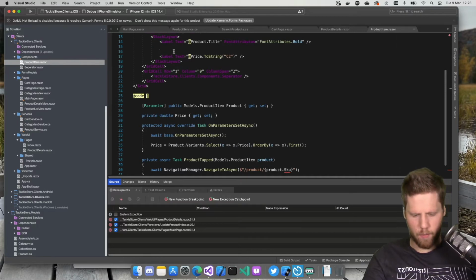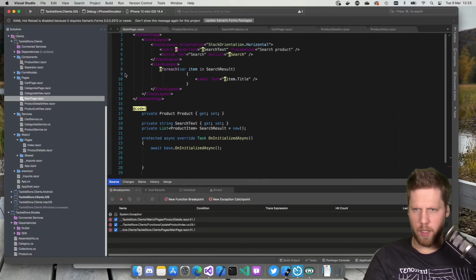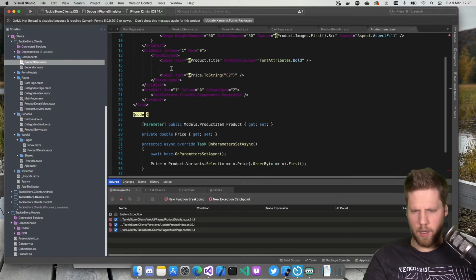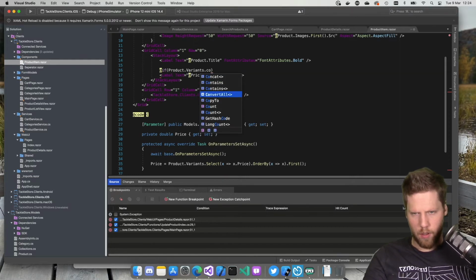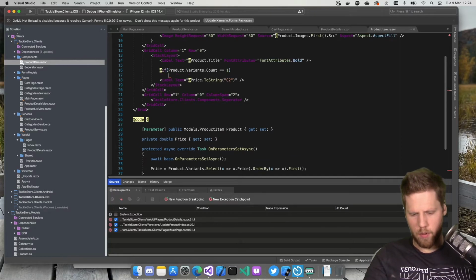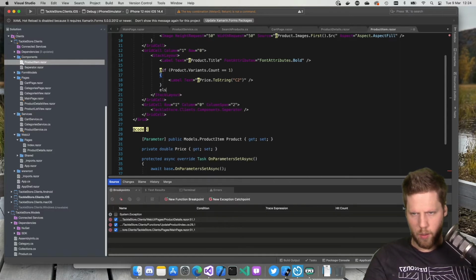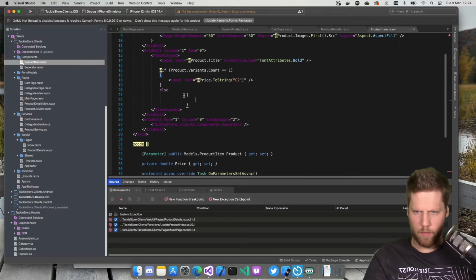Then we can do here. Oops, what happened now? Pressed some strange key combination, I think. So let's go back here to product item. So if product dot variants dot count, if it's 1, just show the price like that. Else we will show, really strange formatting, can show it